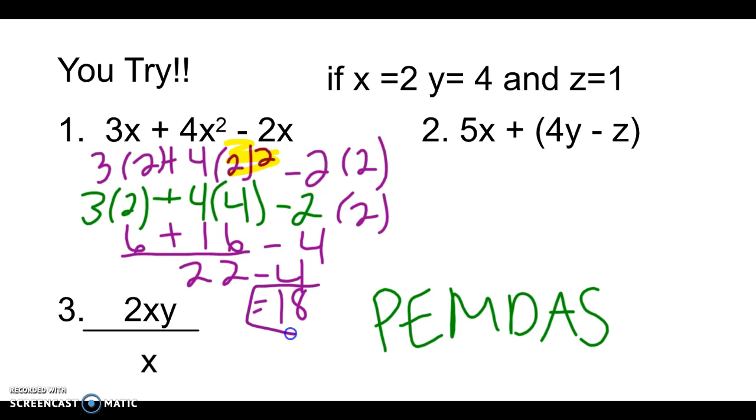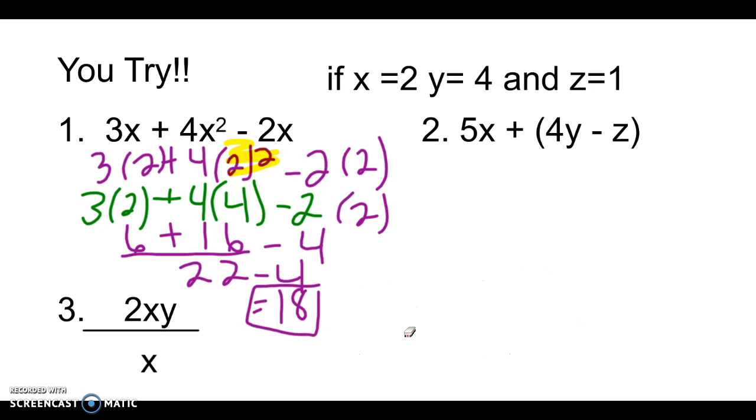So if you got 18 for problem number 1, give yourself a pat on the back. That one was a little tricky with the exponent in there. Okay, so let's move on to U-Try number 2. We have all of the variables in this one. So 5 times 2 plus 4 times 4